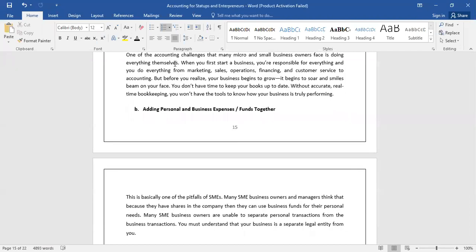This is basically one of the pitfalls of SMEs, or let's say startups or small businesses. Many business owners think that because they have shares in the company, they can use the business funds for their personal use. In this case, let me not even go to shares. Let's just assume a sole proprietor. Because the business is yours and you handle the business on your own, you feel you can just decide to use the money. No, you need to separate the business funds from your personal funds, as I've already stated before